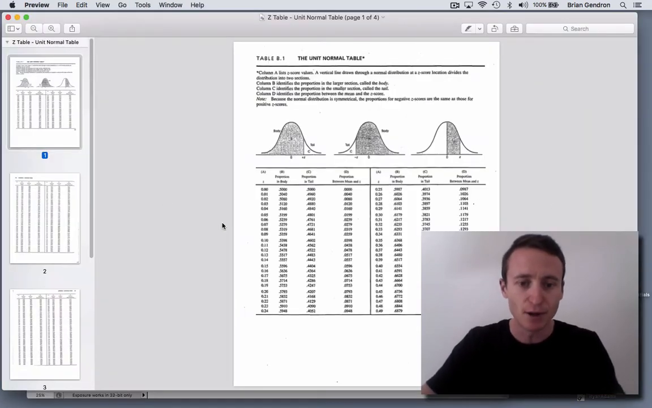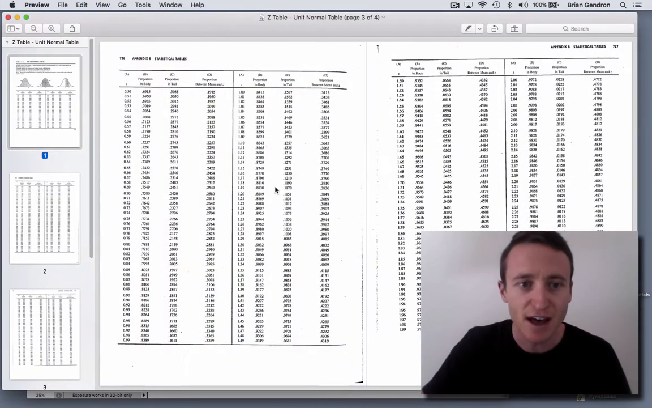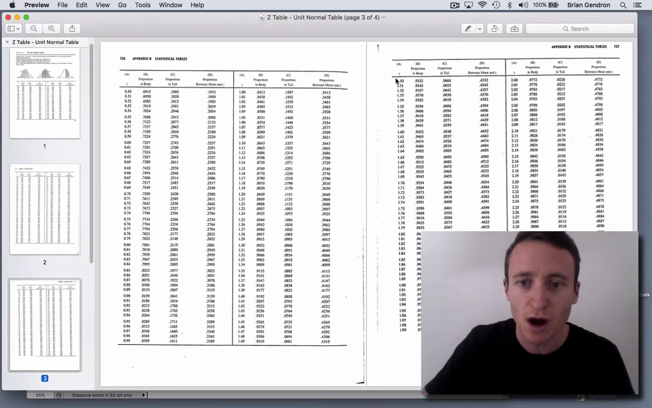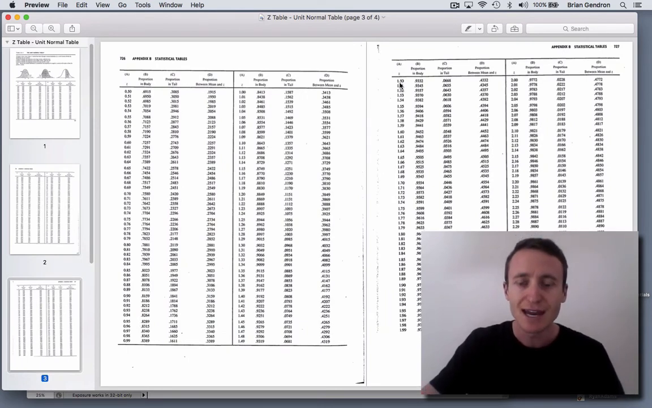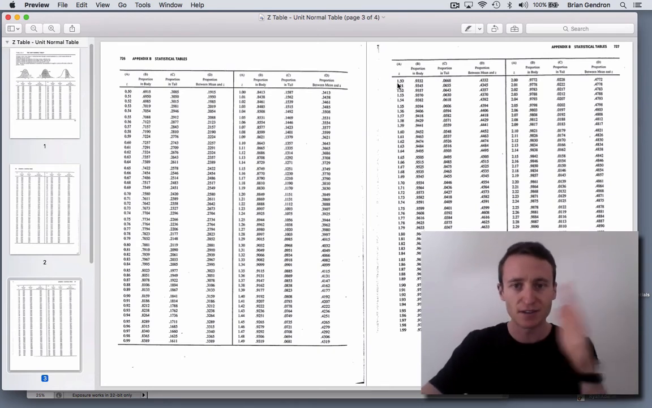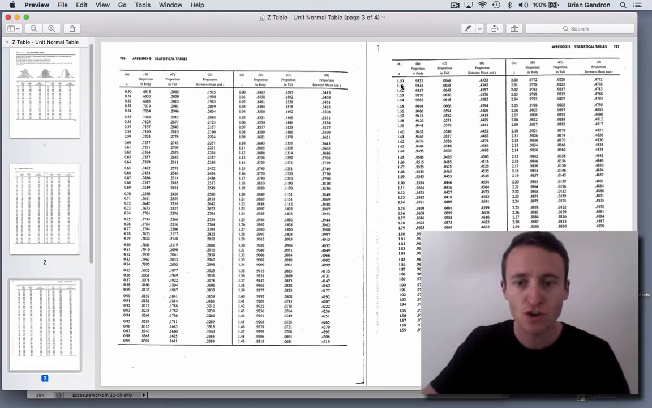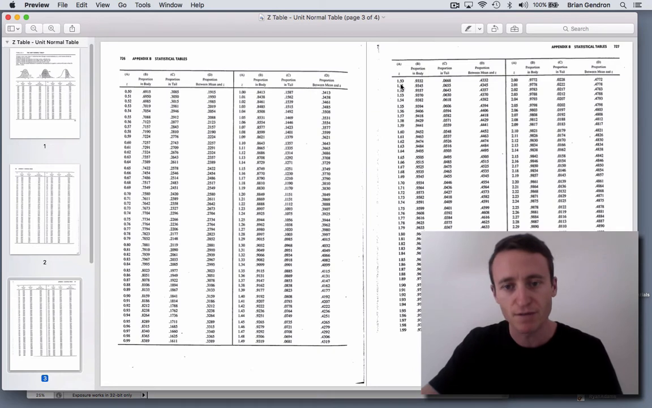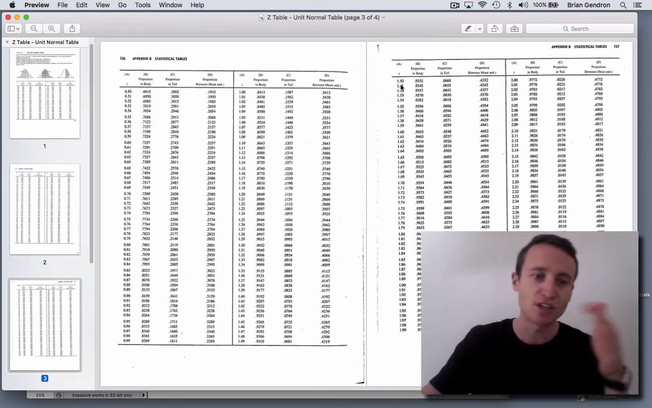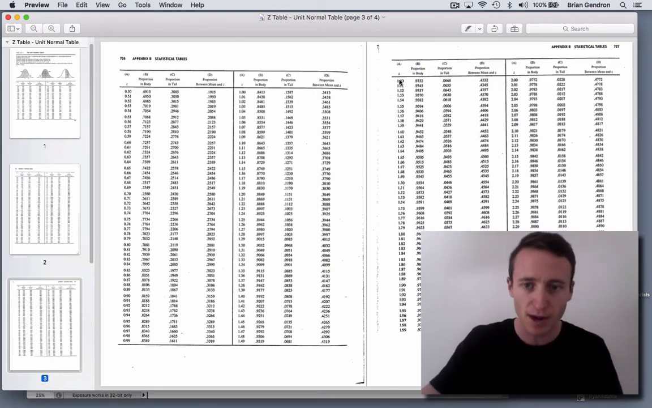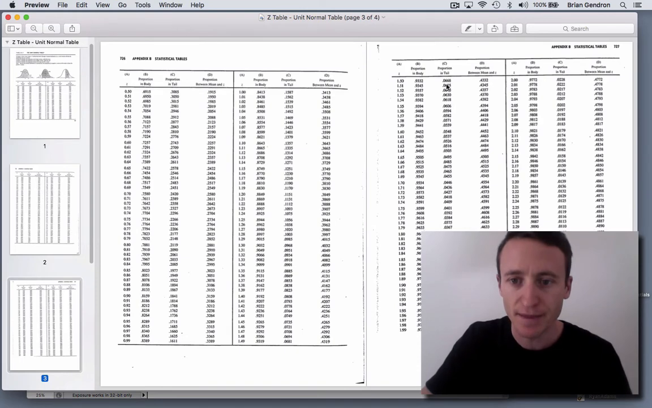I go to my table and I find a z value of 1.5. So column A has all the z values. Here it is on page 3, a 1.5. There's no negative values listed because the bell curve is symmetrical. So all of the proportions associated with 1.5 are the same as the proportions associated with negative 1.5. Anyway, I find 1.5 in column A. I simply go to column C, the tail column, and there it is,